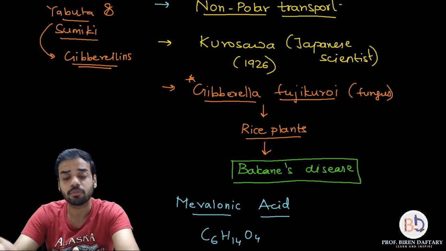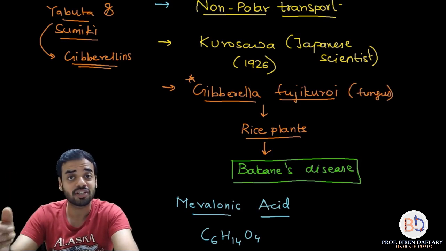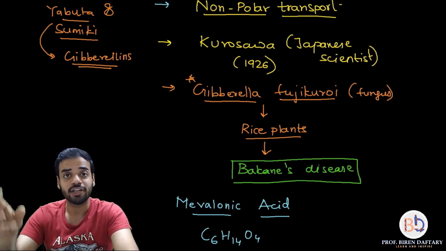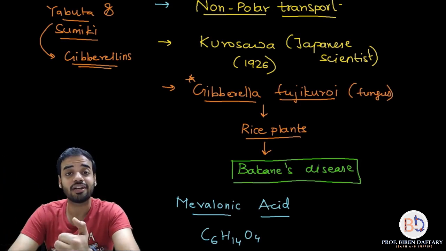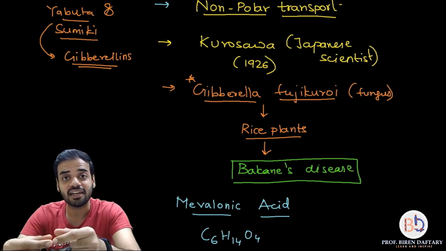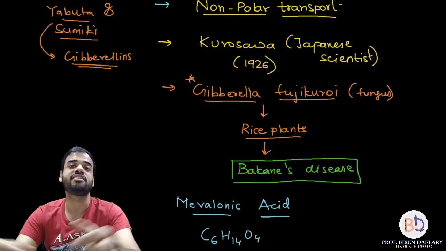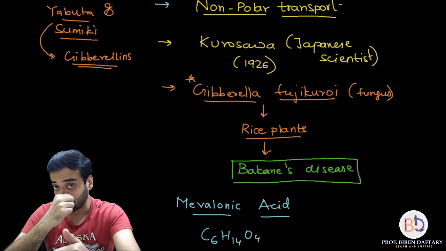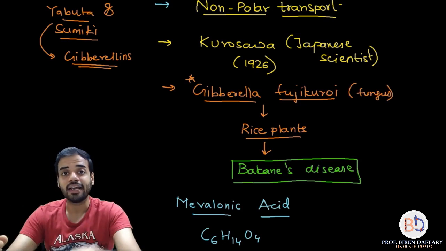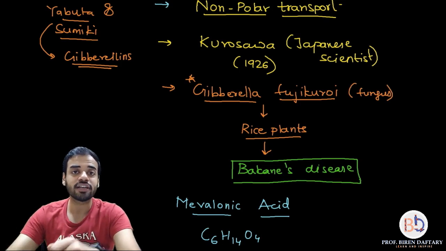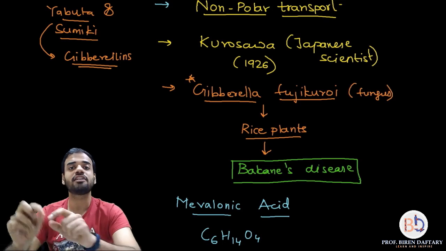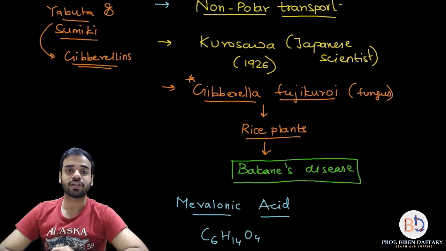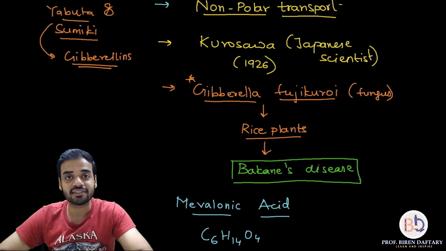How did he discover them? He saw that a fungus, Gibberella fujikuroi, when it infects a rice plant, causes a disease called Bakanae disease. In Bakanae disease, the length of the stem elongates considerably. The plant becomes very tall, and he realized that this elongation of the rice stems occurs because of certain chemicals present in Gibberella fujikuroi. He did not know the term gibberellins at that time.